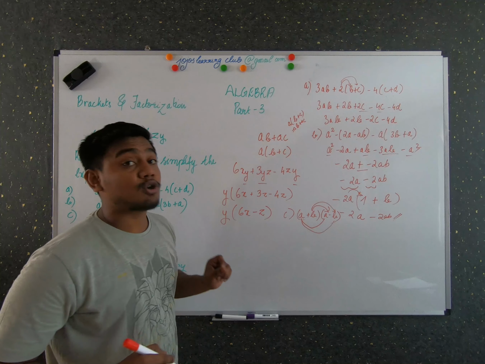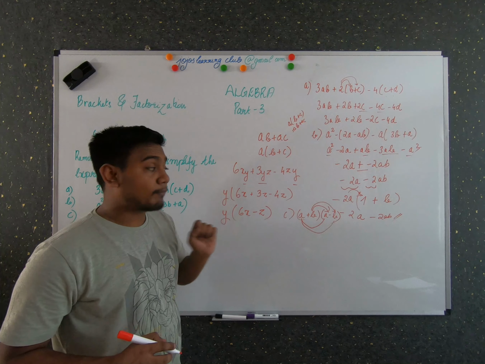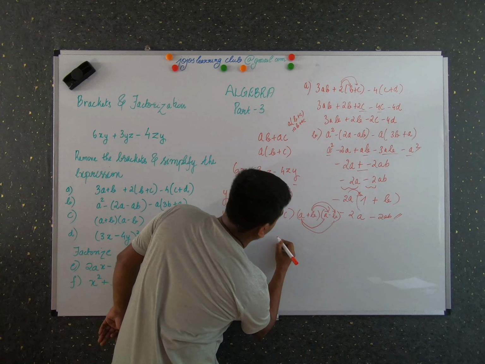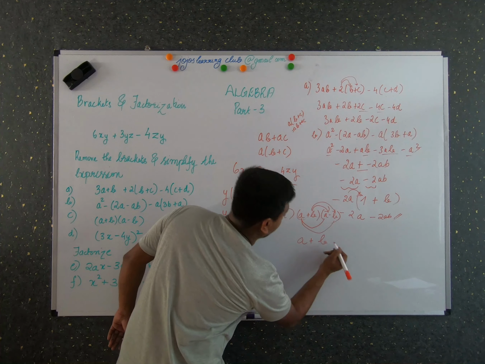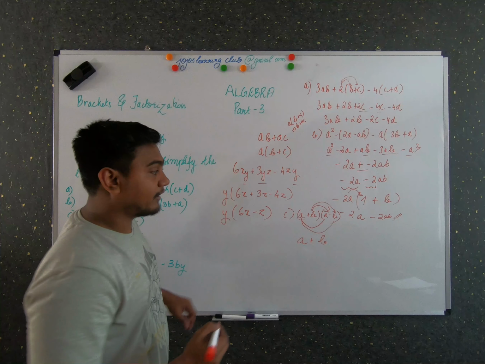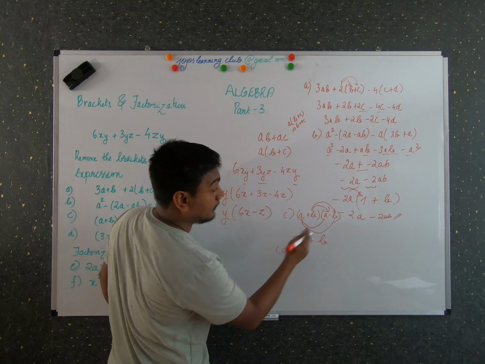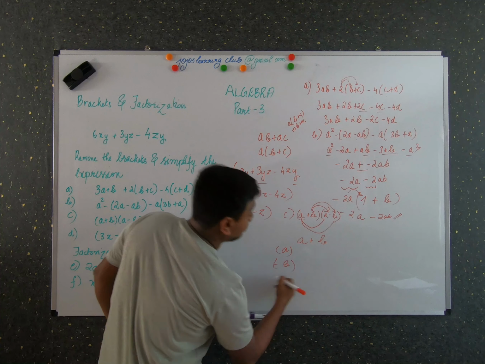This is the method which you have learned from the basic law of arithmetic, and now I'm going to show you another way. So you have this expression, right? A plus B. To write it together, you first multiply it with A, just see it, and then multiply with minus B.